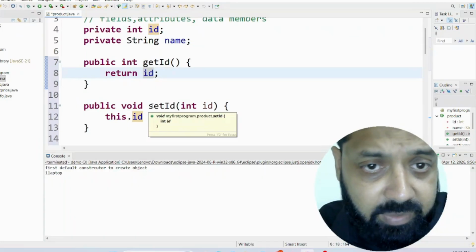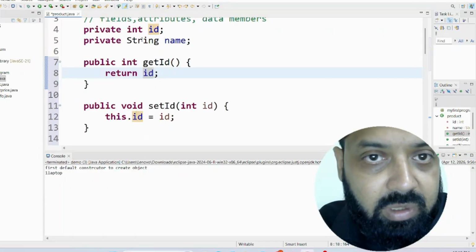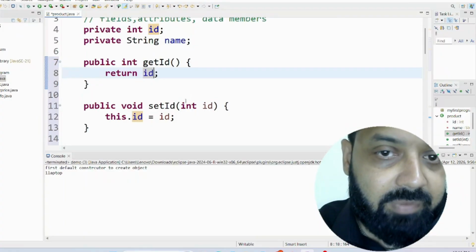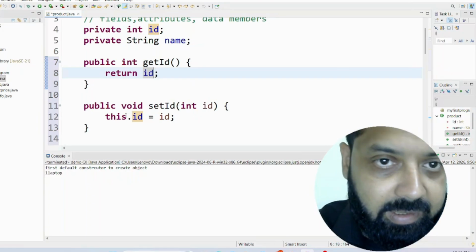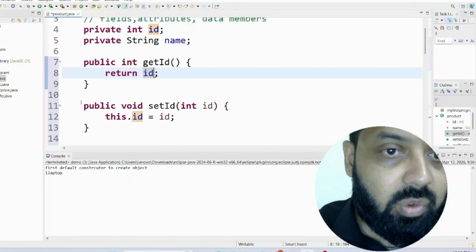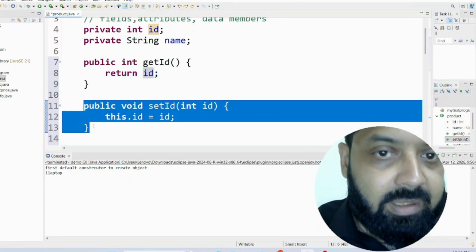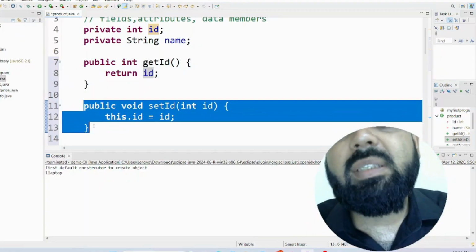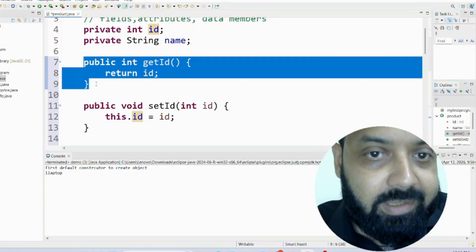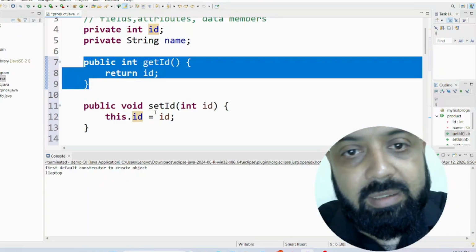In set you can see that this.id equals the value we take from our main function. It comes to this parameter, and then it assigns this value to the instance variable. So set basically works like our parameterized constructor, and get basically returns that value